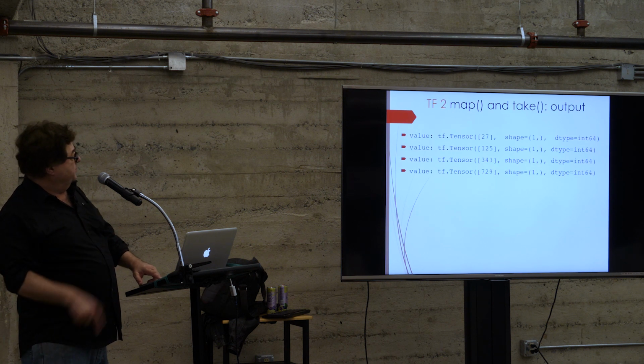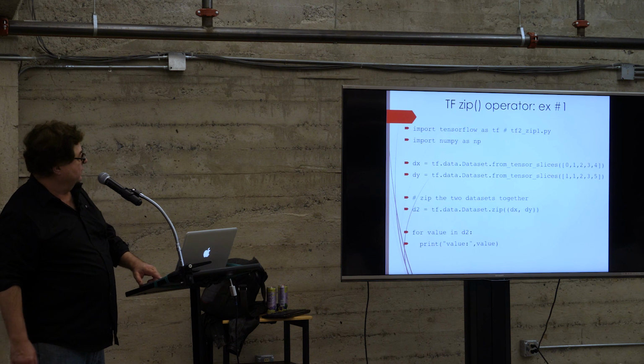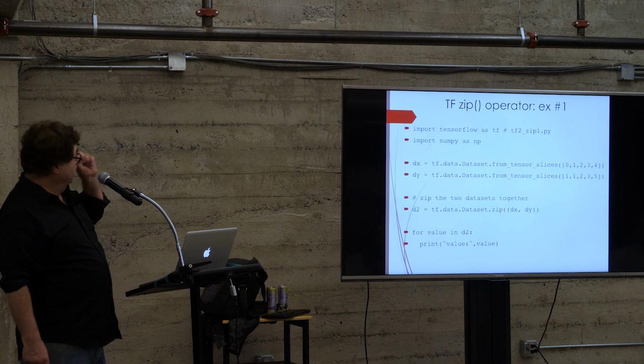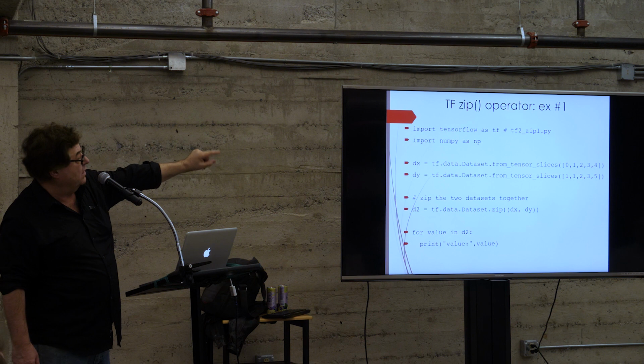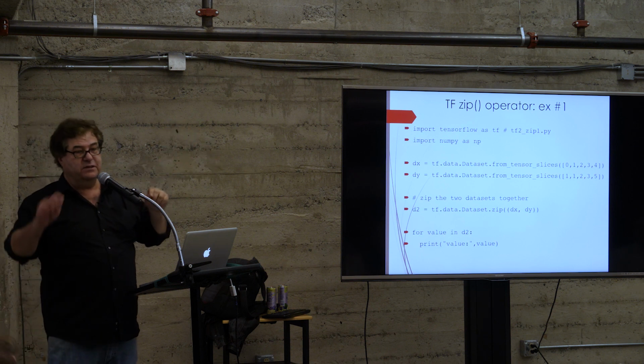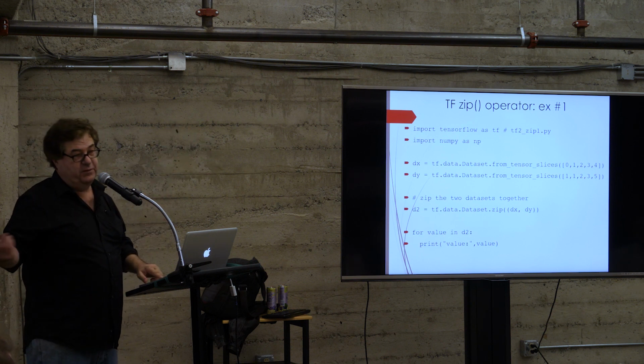Okay, so now output the same as we said before. So now here's the zip operator. As I mentioned before, notice they're almost the same. There are 5 numbers in both. One goes from 0 to 4, the other one goes 1, 1, 2, 3, 5. So it's going to be a little bit off. I mean, they don't have to be equal.